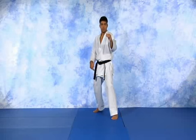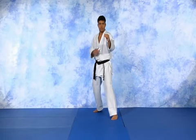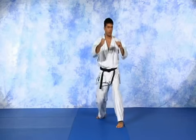However, with this technique you break that rule, but you do so with a specific goal in mind, which is to close the distance without telegraphing your movement. You are conscious of your actions. So I step my rear foot up to my lead foot, and then I push off my rear foot to shoot